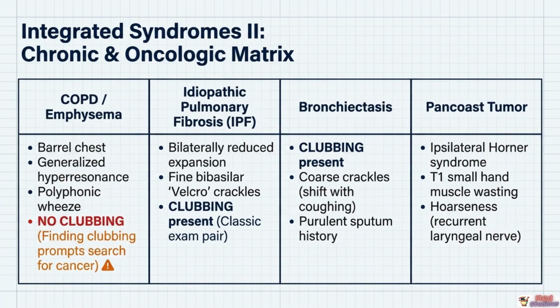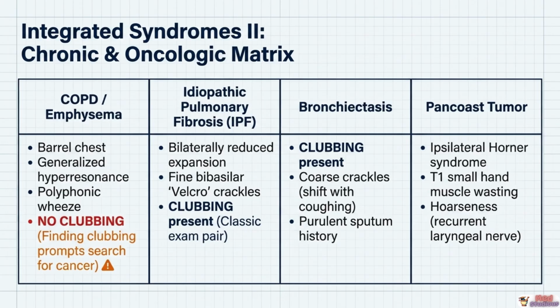4 additional chronic and oncologic conditions complete the integrated syndrome matrix. COPD and emphysema present with a barrel chest, generalized hyperresonance, and polyphonic wheeze, but critically, no clubbing. And finding clubbing in this context should immediately prompt a search for an underlying malignancy. Idiopathic pulmonary fibrosis presents with bilaterally reduced chest expansion, fine bibasilar Velcro crackles, and clubbing. This specific pairing of fine basal crackles with clubbing is considered a classic examination pair, frequently appearing together in exam